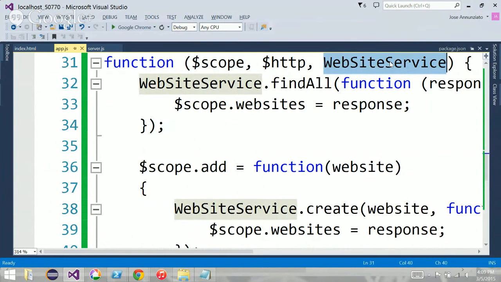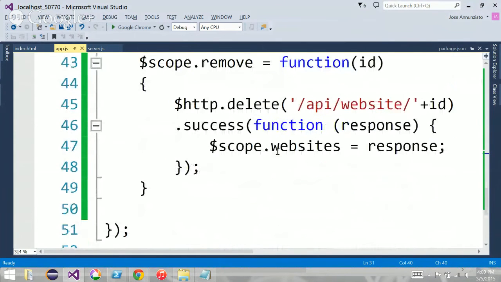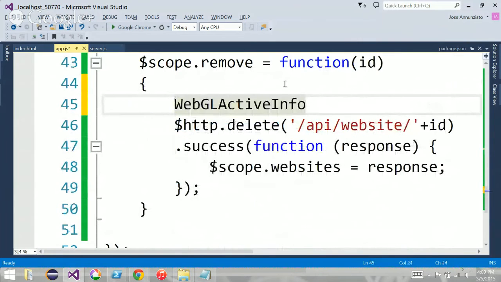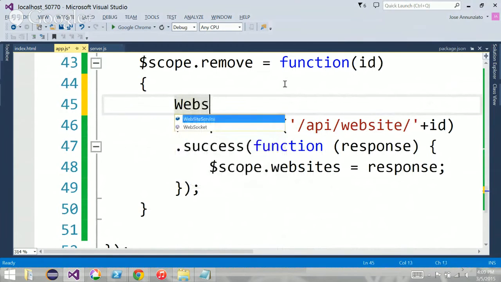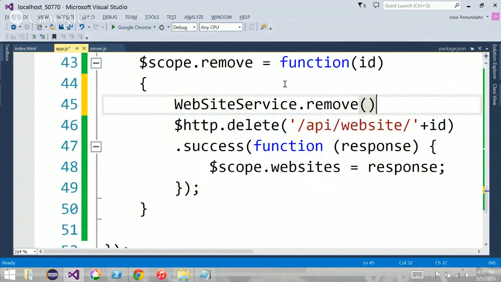So if you have several pages, each one with its own controller, they can all use website service as opposed to having to recode this again in those controllers. Make sense? Yes? Right. So let's do the final one, remove. So this is going to use website service dot remove, that takes as argument what? The ID. And it's going to take as argument the function,